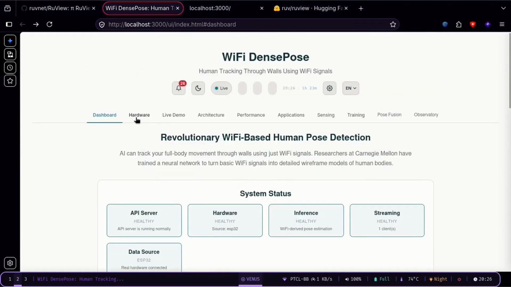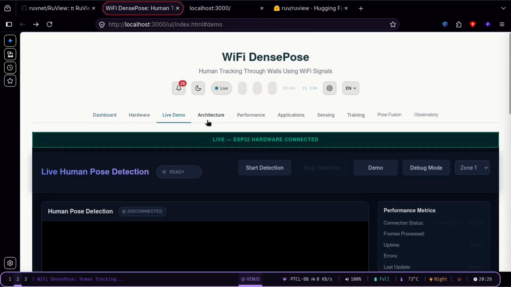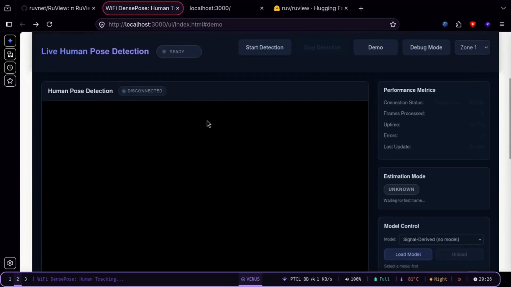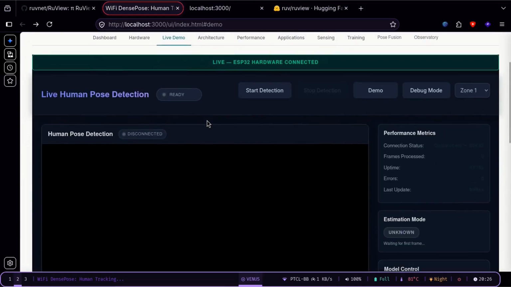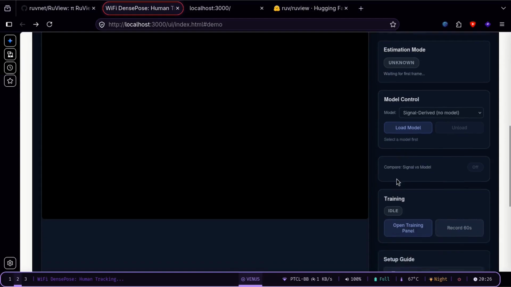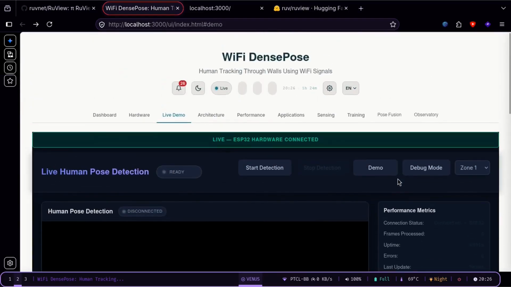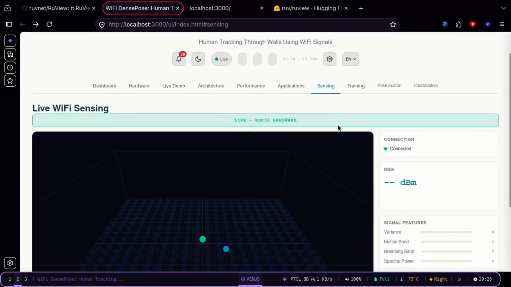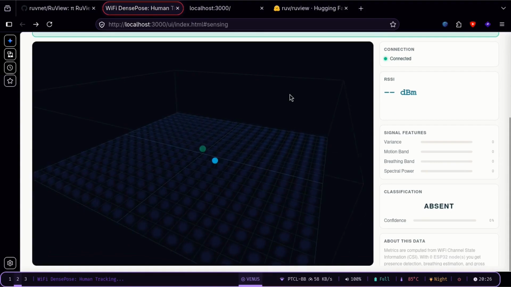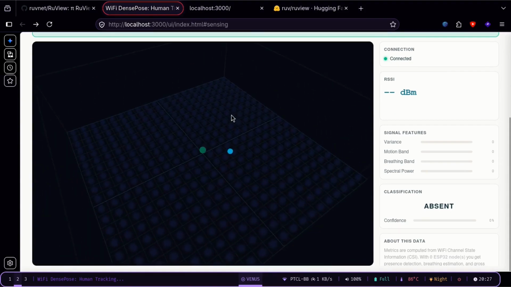There is inference and there are features. You can select or deselect them as you like. Interesting dashboard. Most of the stuff here is just like a POC, a proof of concept, not really much live data transmission. I guess you can load some RuVector model from Hugging Face and train it. I haven't really trained a model. Anyhow, there are these different documentation and different POC stuff is detecting correctly. There are just two people here.